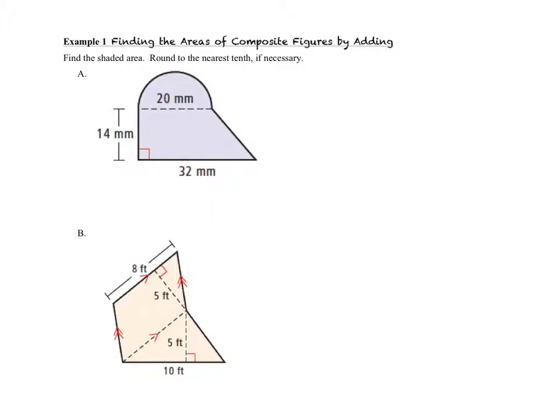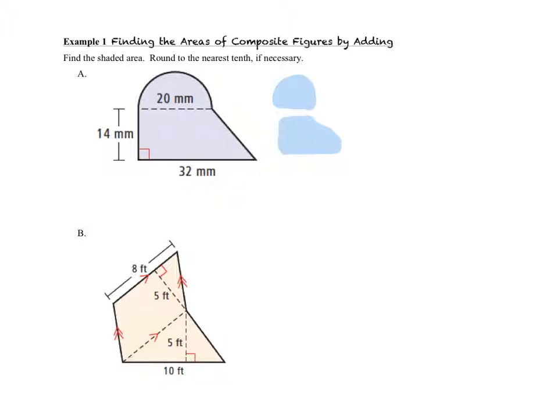Now, these are composite figures. Composite figures are made up of 2 or more figures. So the first thing I see is a semicircle. And the second thing I see is a trapezoid, or possibly a rectangle and a triangle. Those aren't drawn the best, but I like to separate these